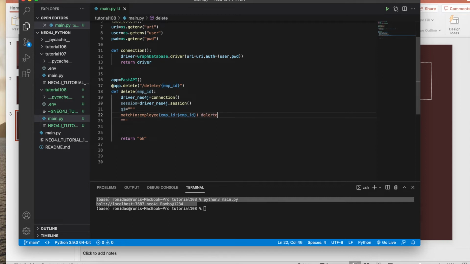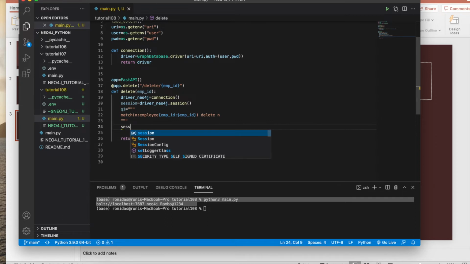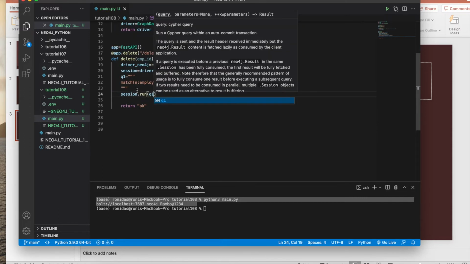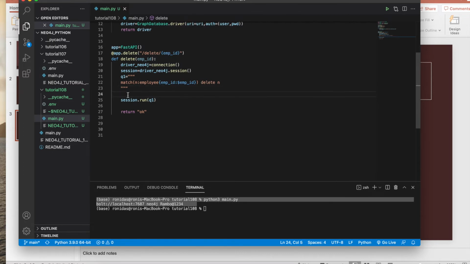Then I'll delete. Okay, maybe I can delete n. Okay, that's it. So after that, we can write something like that. Session, it is not going to return anything. If you check this carefully, we have some variable, so that is why we can write something like this. Employee ID means this employee ID is going to be whatever we are going to pass from the URL. Okay,